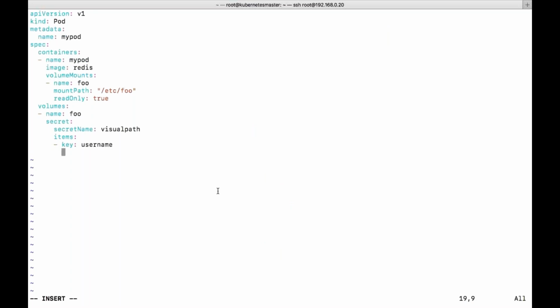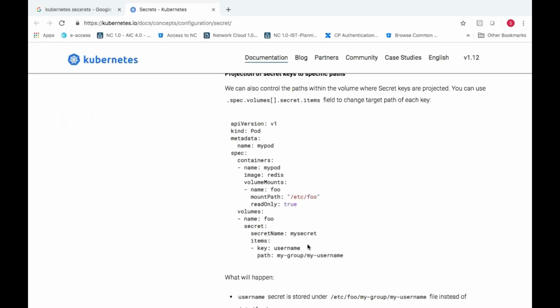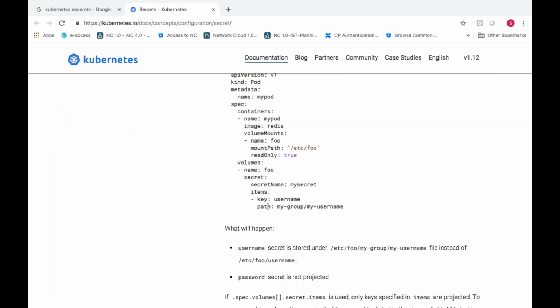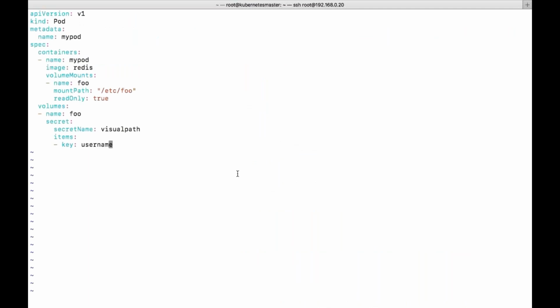So we need to specify the path. If you want to place it in a specific path, you can see here a file. Instead of storing directly, it will create this particular directory under this. Then you need to specify path. As of now it is not required for us. I want to store only the username in that particular pod.